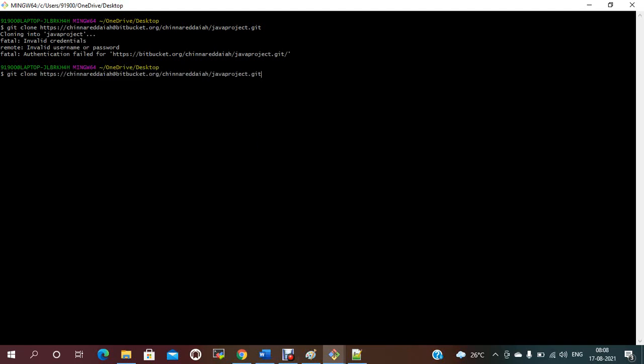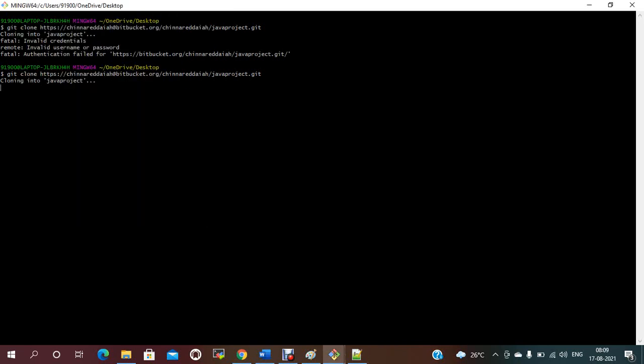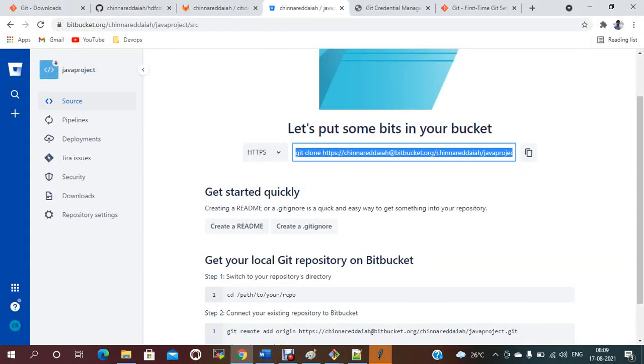So why is it not cloning? So we need to set username and password. That is the issue, I guess. Let me check.